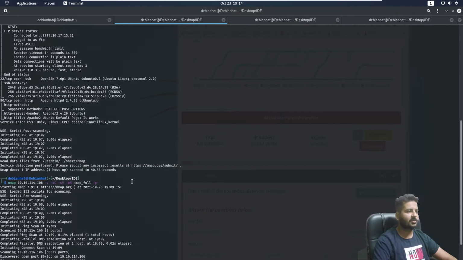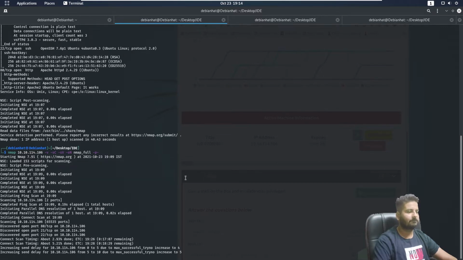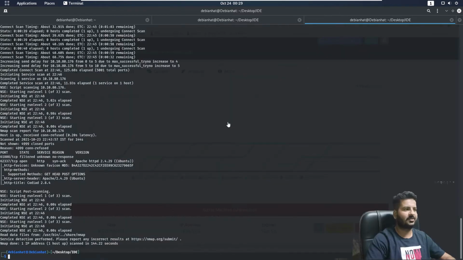As nmap is running, I know it will take a lot of time because we are scanning all the ports, not just the primary ones. So there we go. I am back with the nmap results.